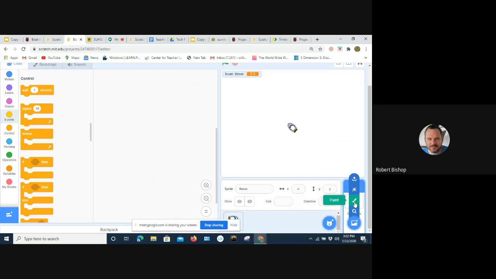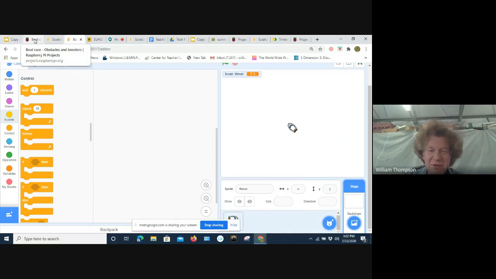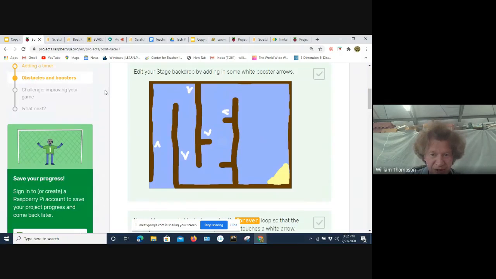What's the name of that backdrop? Let me see. I don't know that it was one of the named ones. I bet you can create a backdrop also. Backdrops 2. Here, I'm going to look at the directions and see if they have you just erased your whole backdrop direction.